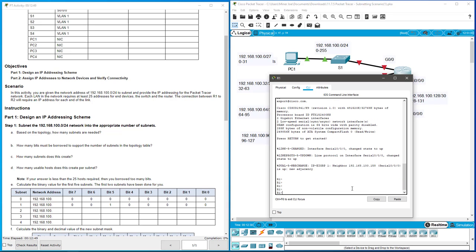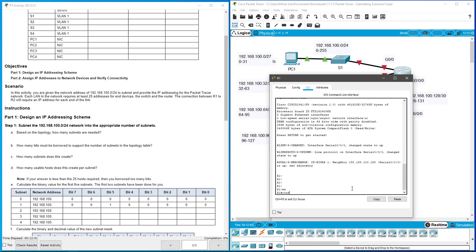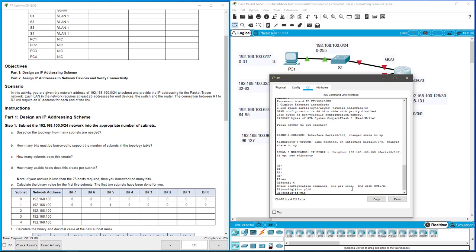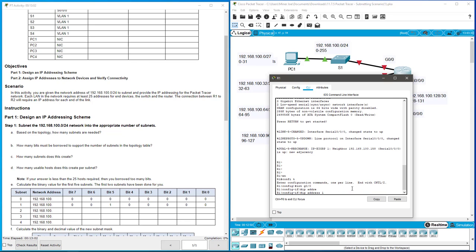Go ahead and enter EN for privilege mode and global config with config T. And we're ready to go. So we're going to go INT G0/0, IP address 192.168.100.1. That would be the first address in that first space. And that mask is going to be